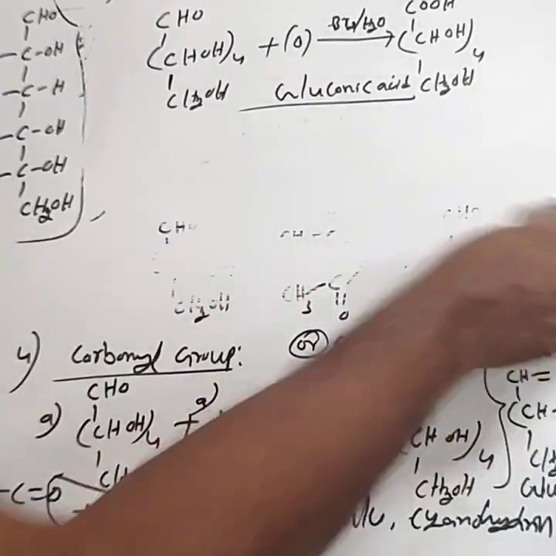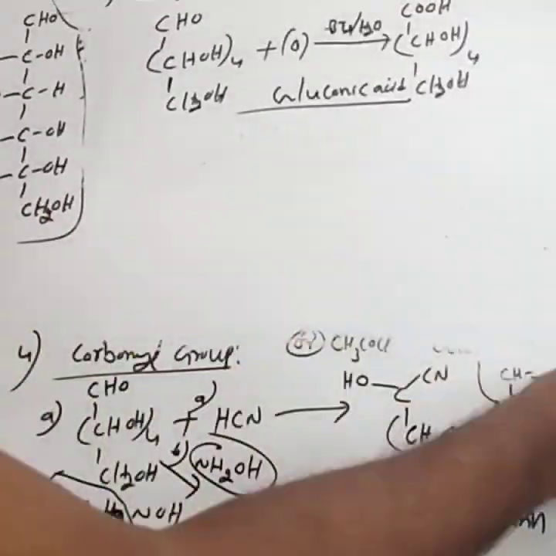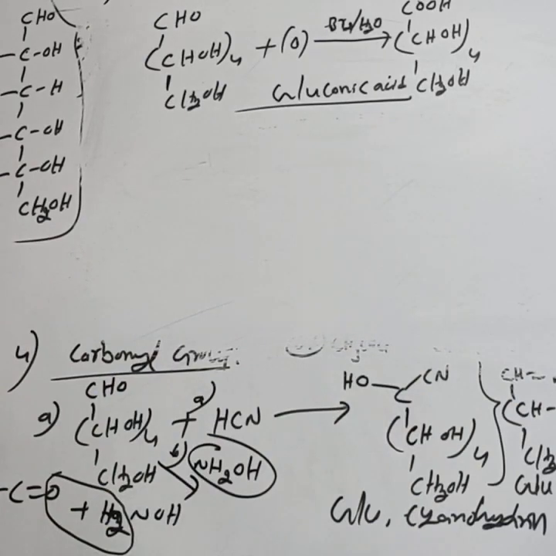Next point: you observe the open chain structure of glucose. These hydroxyl-bonded carbon atoms are secondary carbon atoms, 2-degree carbon atoms. How many secondary carbons? The secondary carbon definition is a carbon that contains one hydrogen and is bonded to two carbon atoms, that is, a carbon atom bonded to only one hydrogen and containing two R groups. It is called a secondary carbon.